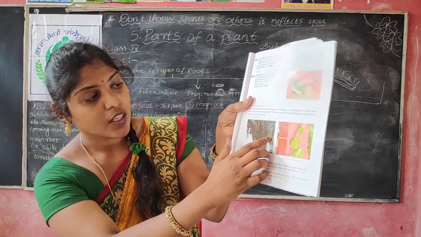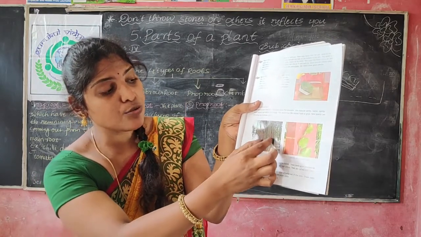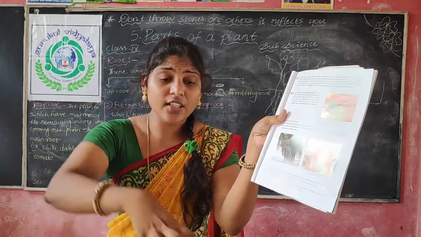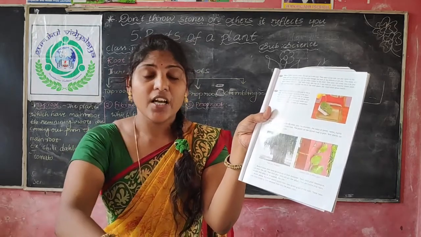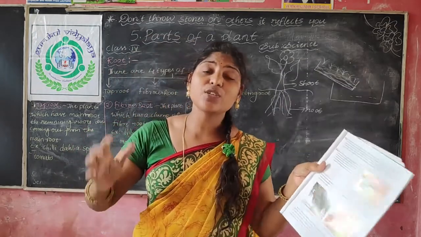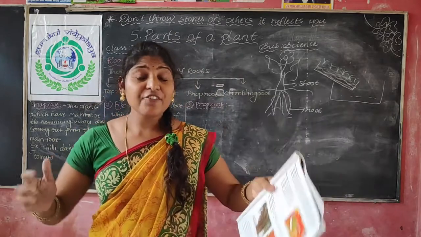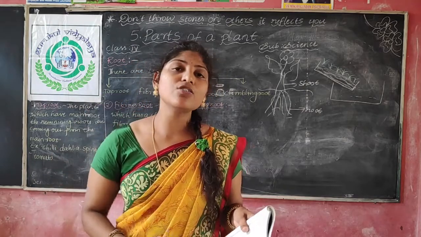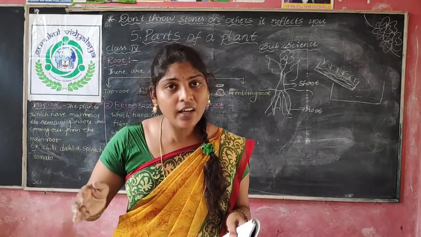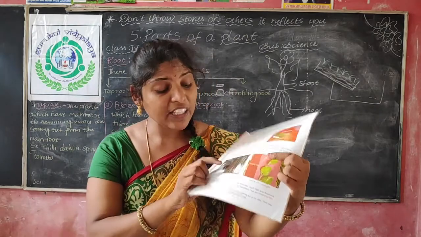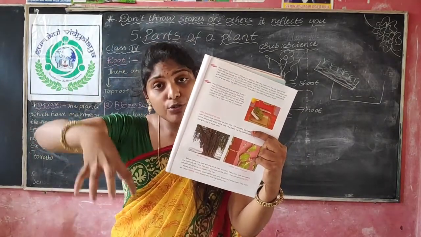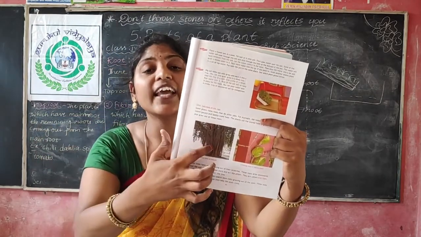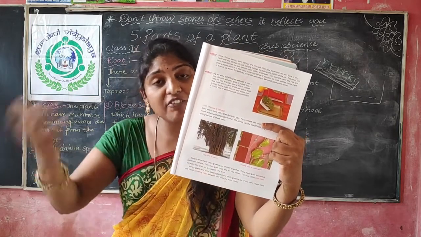Here you can see, these are all called roots. When these roots grow, what happens? They take a better grip, and that is how the banyan tree, even though it is very thick, can stay and withstand heavy rain compared to other plants, because it has many roots. Many roots like branches grow downward and hold the soil, so that it can withstand even heavy rains.